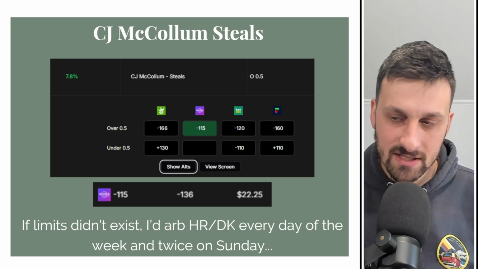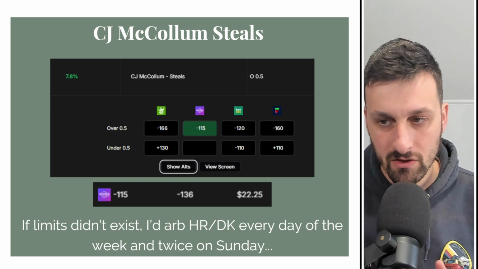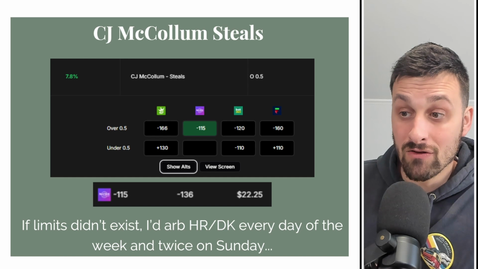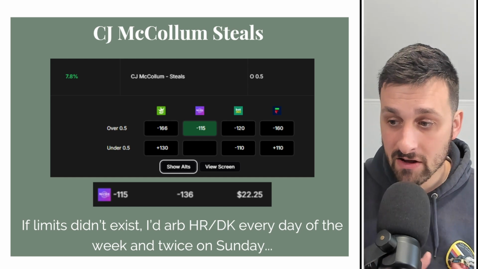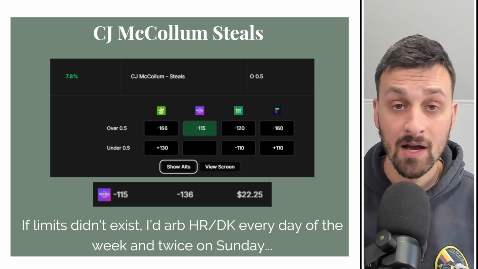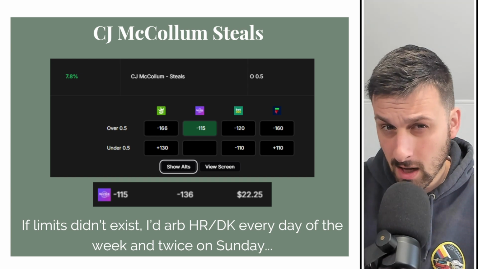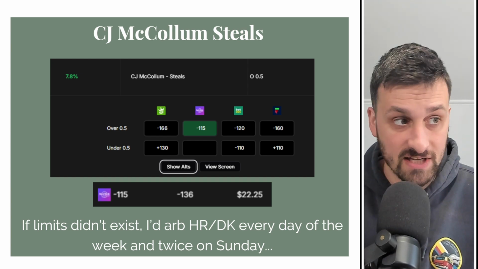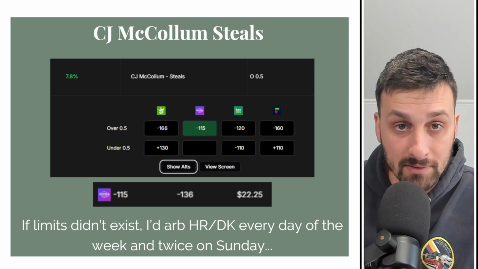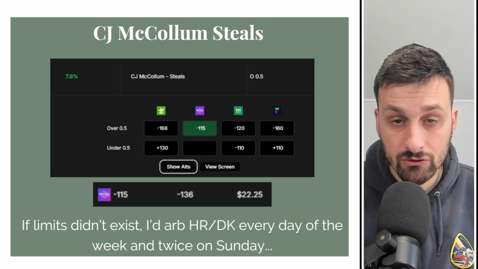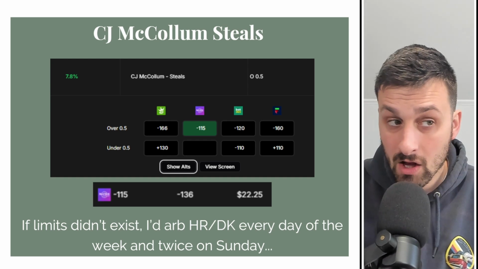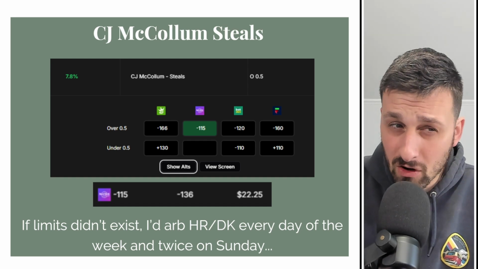Now, if limits did not exist, I would arb the under on DraftKings and the over on Hard Rock every day of the week and twice on Sunday. And why is that? Because looking at these 4 comps, I cannot comfortably say that the Hard Rock bet is plus EV. There are often times where DraftKings and Fliff are wrong,